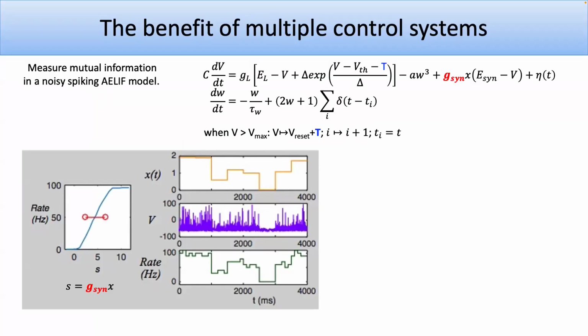So this is also work with Jonathan. And what we decided is, well, one thing was let's look at the mutual information. Neurons, of course, are doing more than just transferring their inputs, which is really what mutual information asks. Like, how much do the output spikes tell you about the inputs?